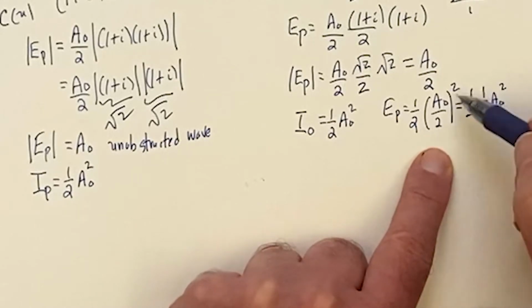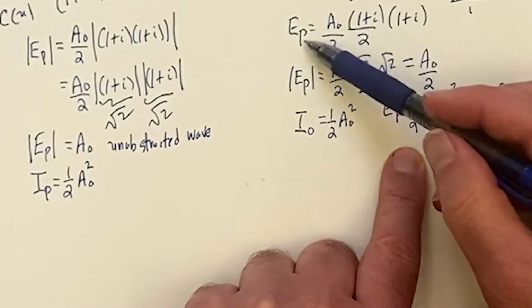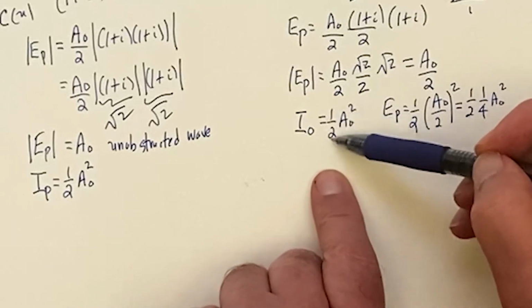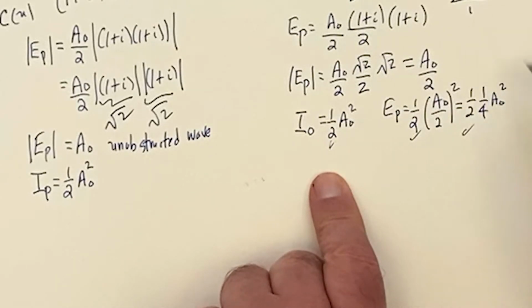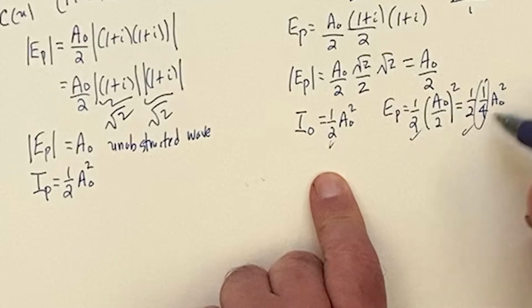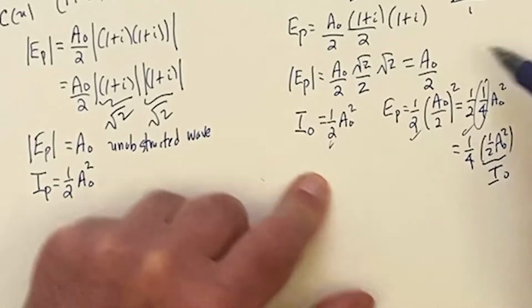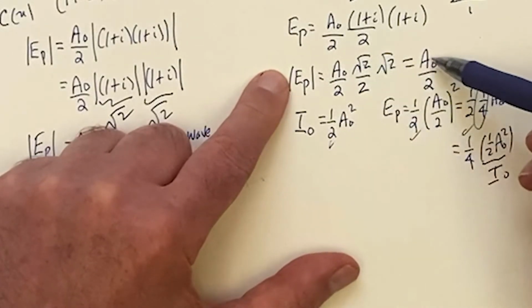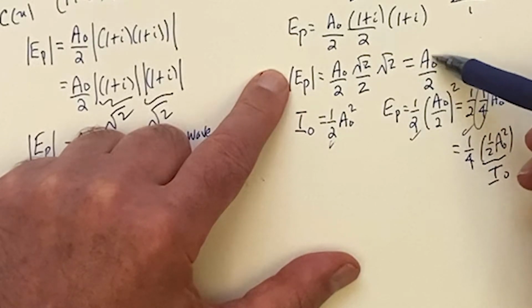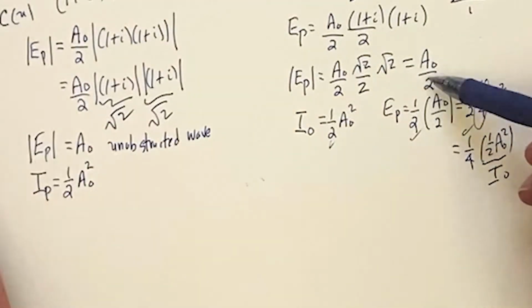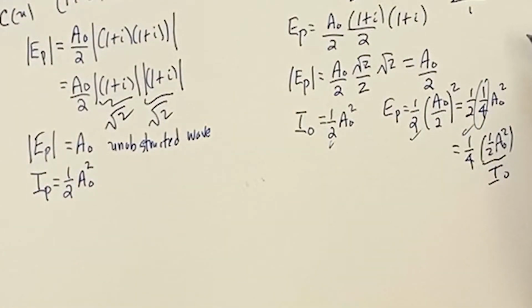And here, it's sometimes just easier to look at the amplitudes and not even put this 1/2 in, since this 1/2 is going to be everywhere, and the physics isn't in that 1/4. See, it's 1/4 of what a naught squared over 2 is. Say this is 1/4 of 1/2 a naught squared, and this is your I naught. So we can just look at the amplitude, and if we see the amplitude of the unobstructed is 1 over 2, we just know it's 1/4 without even doing all this stuff. So that's 0.25, and here we have a plot